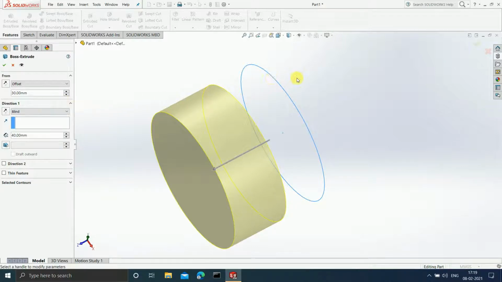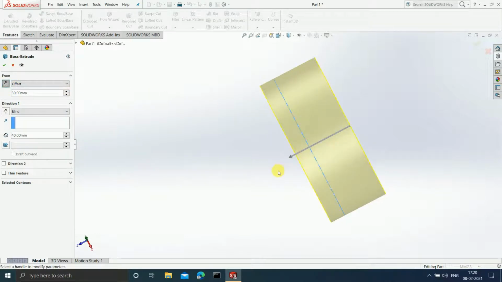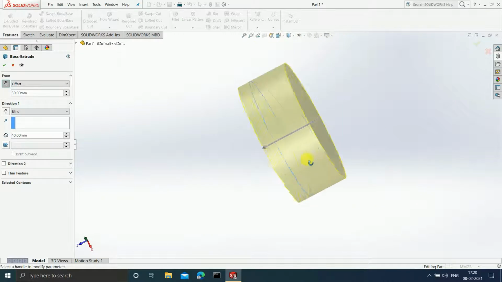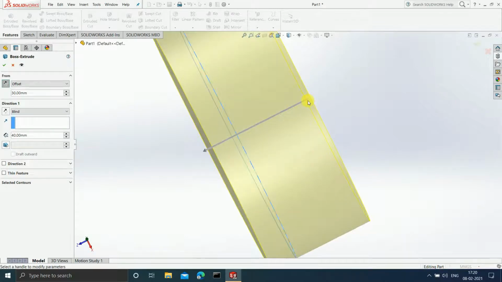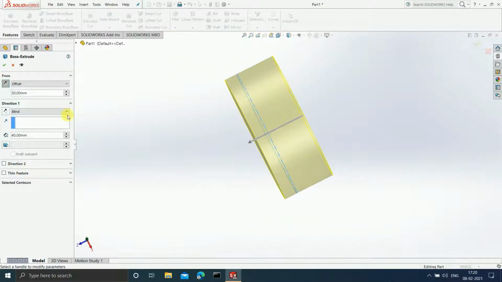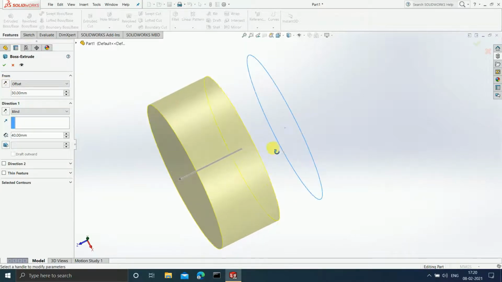Now suppose I want to change the direction, again I am going to use this, and can you see? Now it has again changed the direction. So now your sketch is starting from this point. Am I right? From this plane. Can you see the starting point? This is the starting point. Look at the arrow. This starting point is at a distance of 30 mm from the sketch plane. Okay, clear with this? Now again, let me change the direction of offset. This direction makes it easier to understand.